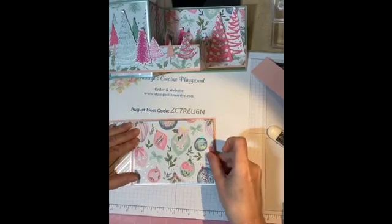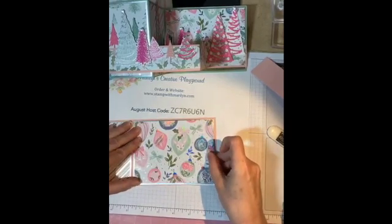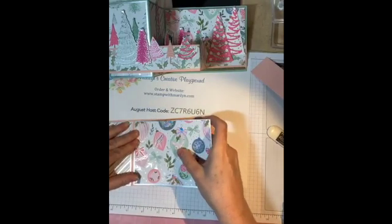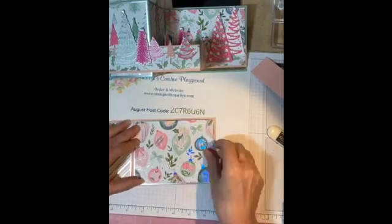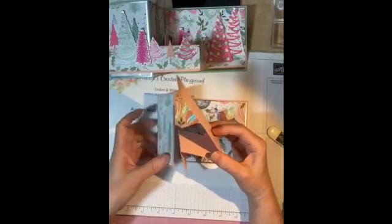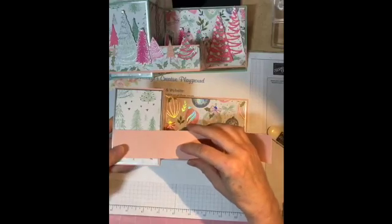Oops, did I put that? Uh-oh, too close to the edge there. Okay, there we go. Now, for the Z part, we would put this piece on, but first I'm going